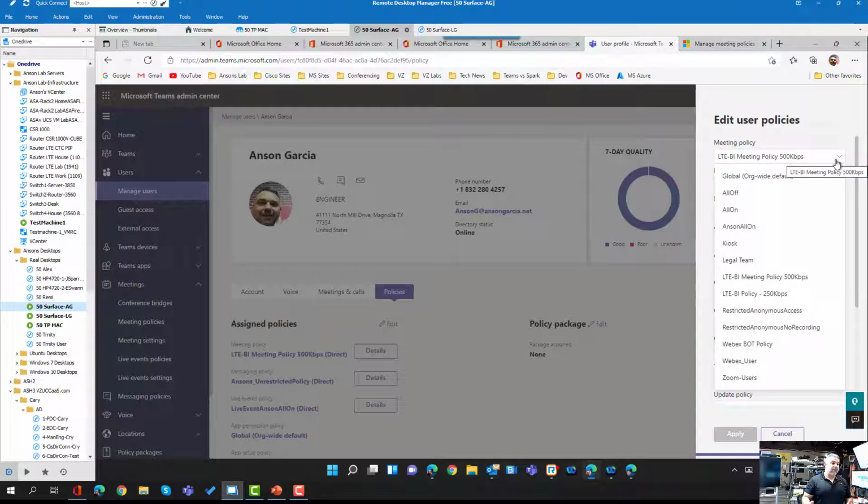All this can be done through PowerShell. You can do a bunch of users at one time. So yeah, that's how you do the